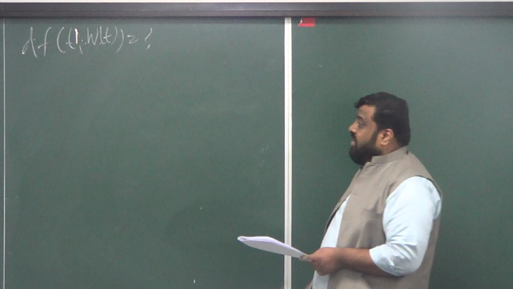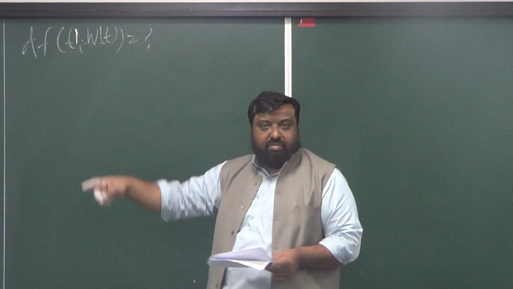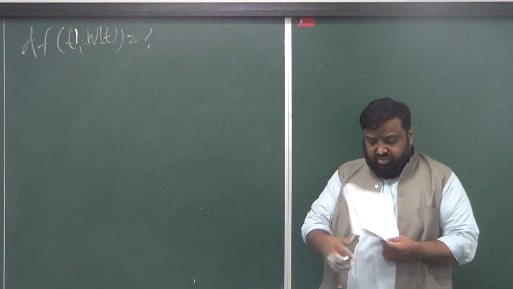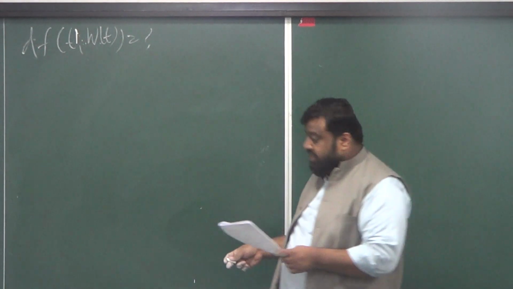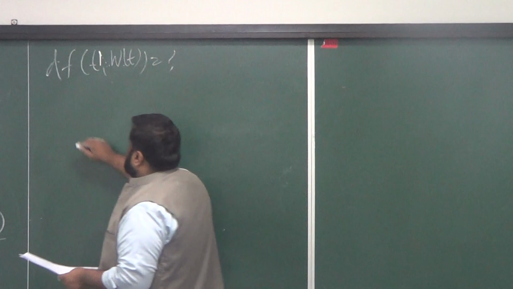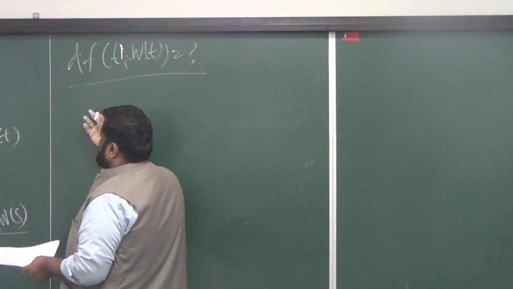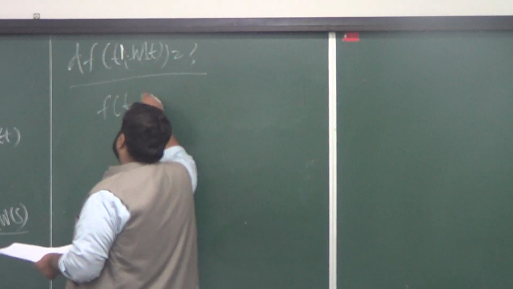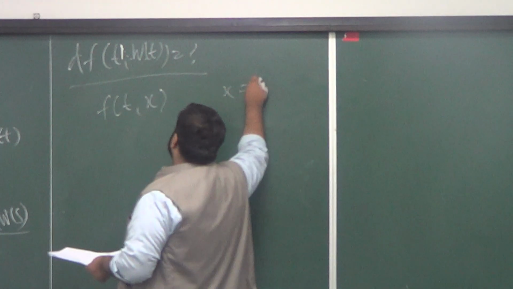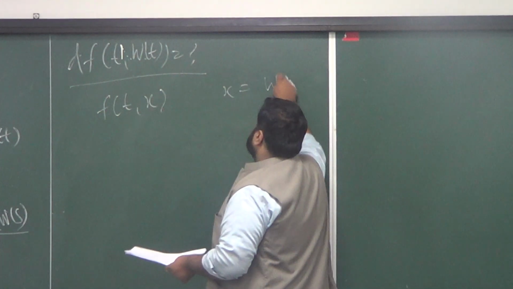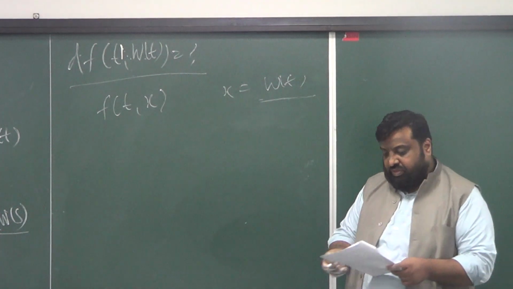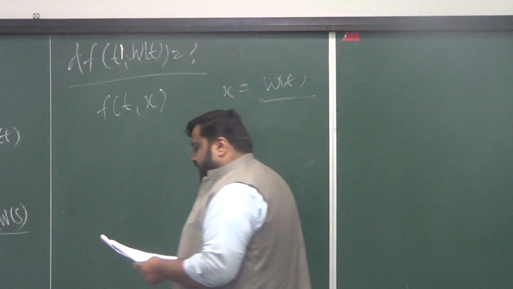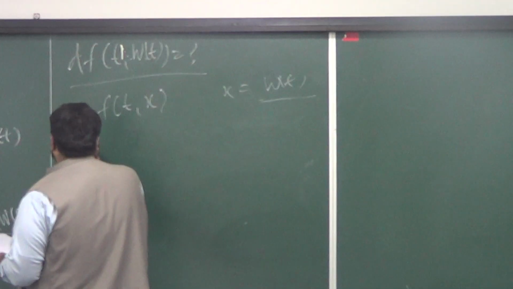Okay, so let's slightly generalize this formula. We're going to do a slight generalization of it. So instead of f, imagine I have a function that depends on t and x, and by x I mean Brownian motion. So what are we going to do? Where are we going to start? We're going to start with this assumption. So suppose